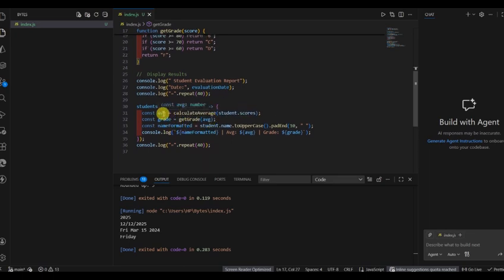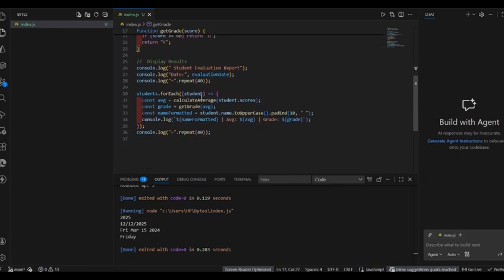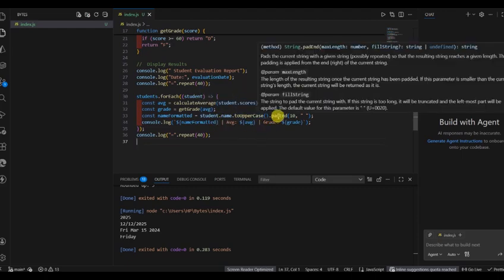So I'm passing this average score now here. So it will now check this score grade. If it is greater than or equal to 90, return A or B or C. Then we'll now say, we're now printing the name formatted equal to student.name. We're now accessing the name of the student, student.name, we're changing it to uppercase, then adding